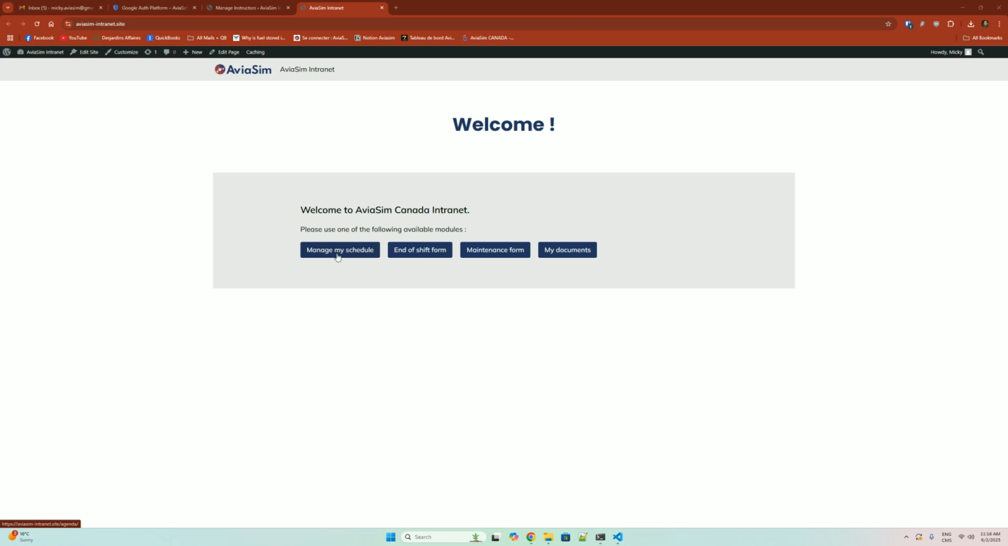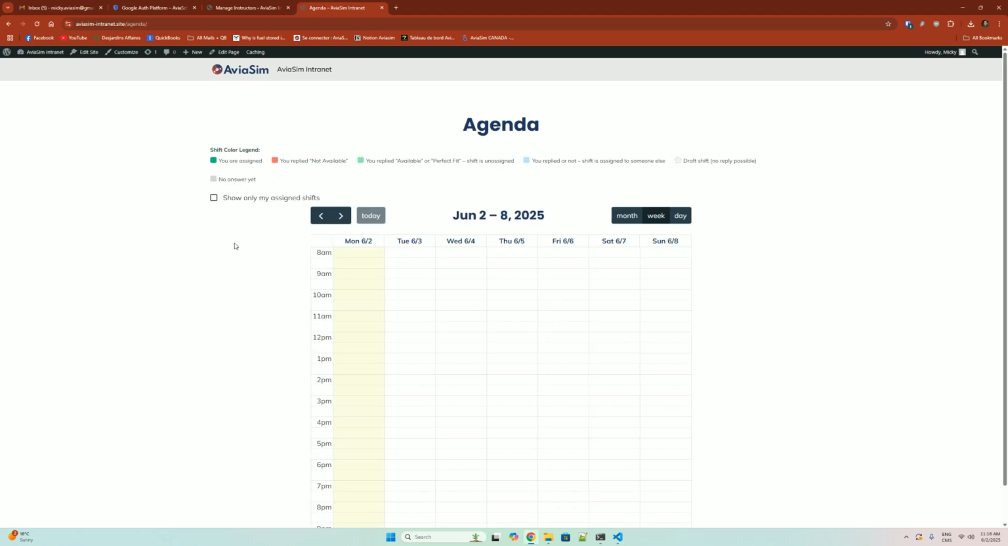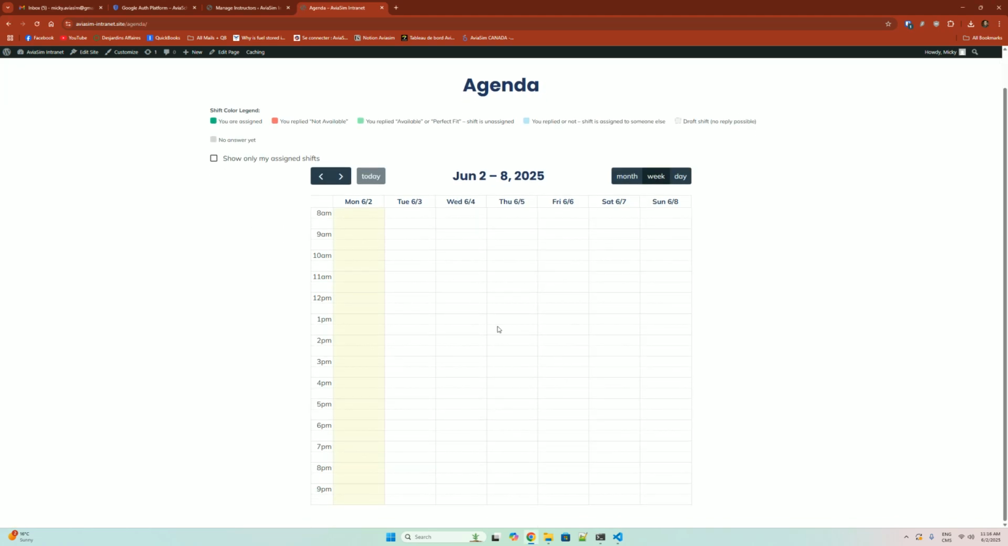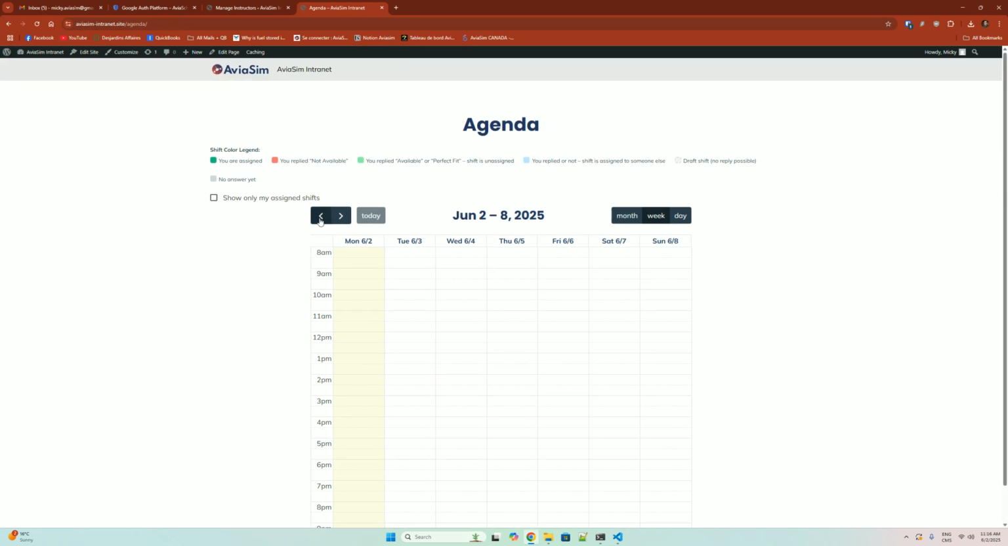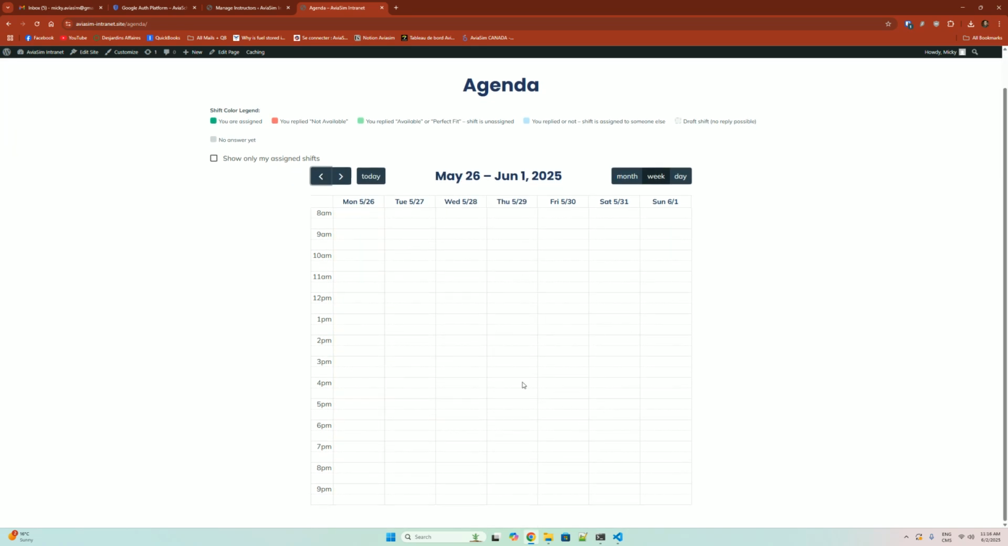So the Manage My Schedule page in here is the main feature that they'll be using. It's currently showing an empty calendar because I'm not a user, but that's basically what they would be seeing as a user. So they don't need to access any Google Calendar. We don't want to share any of that with them because the calendar contains a lot of sensitive information. But that's basically the view that they will